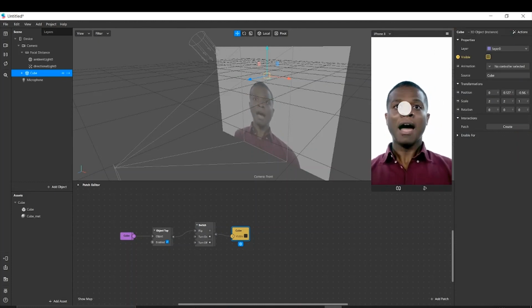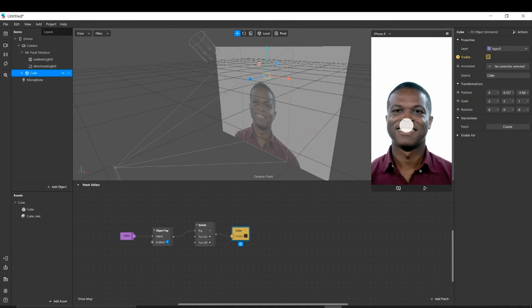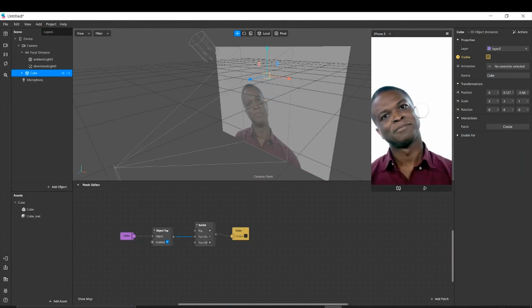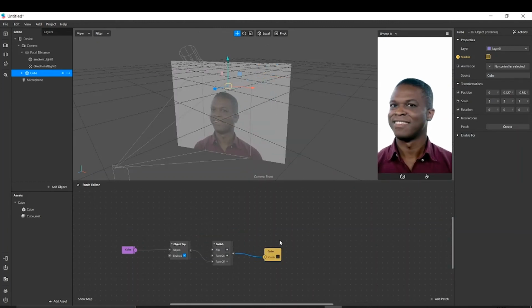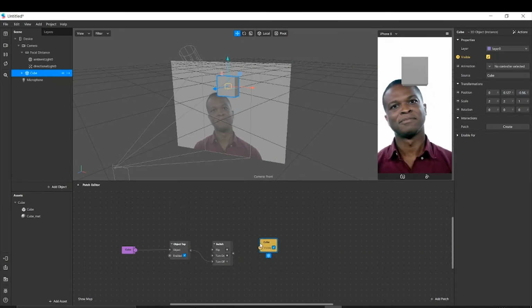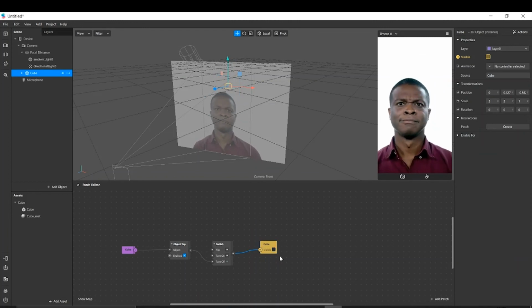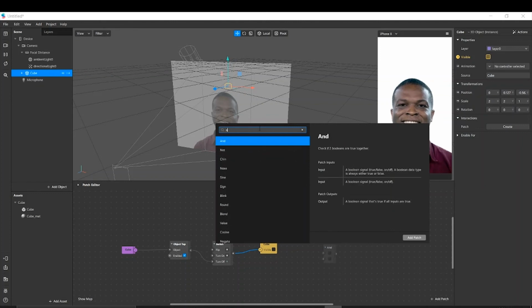Simulate touch. Why am I not getting it? Okay. Turn on. We are facing an issue here about visibility. We are not able to make it visible. So remember, whenever we have to reverse the effect, we have to import a not patch.